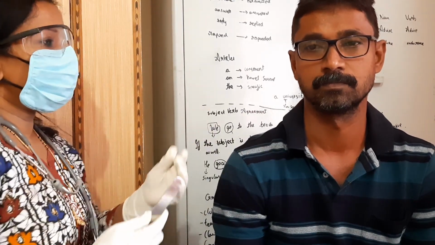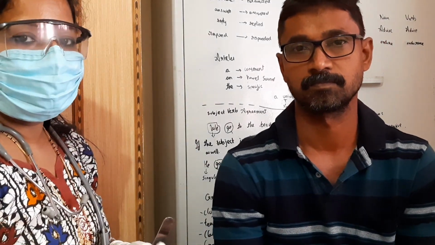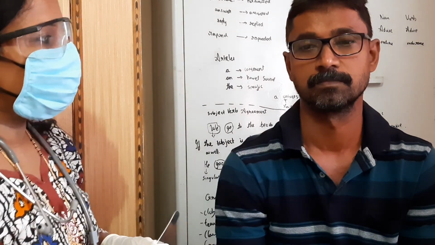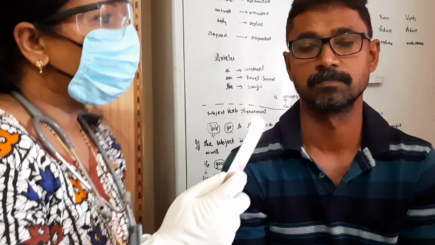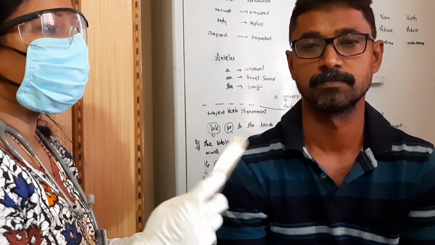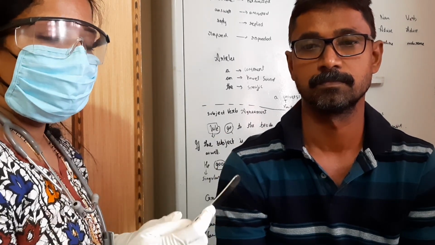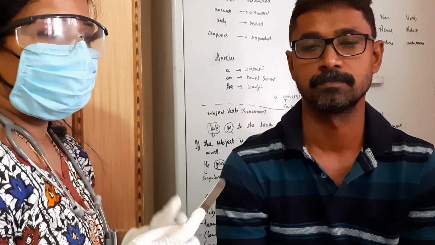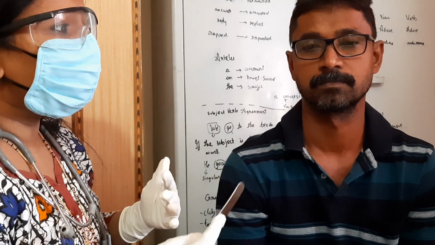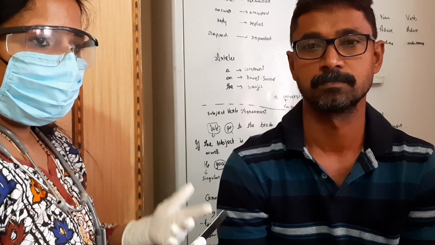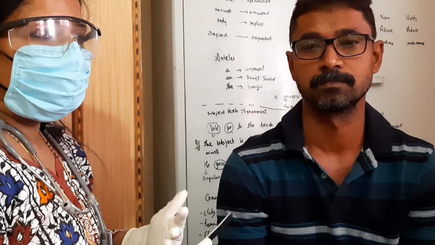After approaching the client, first you have to check the lips, the color of the lips, whether any crack, any lesions, or any blisters are there. After that, you have to ask the patient to open the mouth, and with the help of the tongue blade, you have to depress the tongue and see the color of the tongue, which normally will be pink. Also see the moisture of the tongue. It should have enough moisture. At the sides of the oral cavity, check for any wound, any lesions, any bleeding from the teeth, or any dental caries.